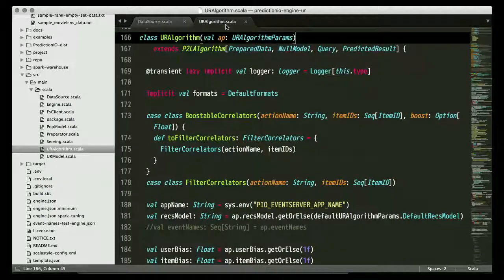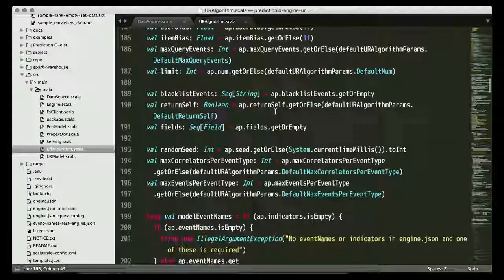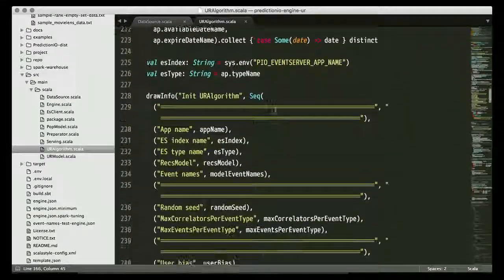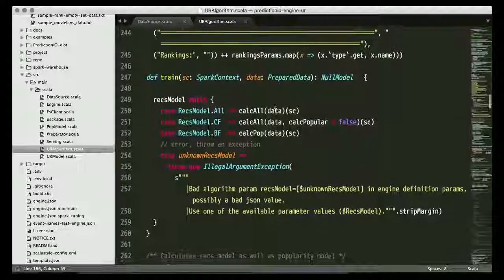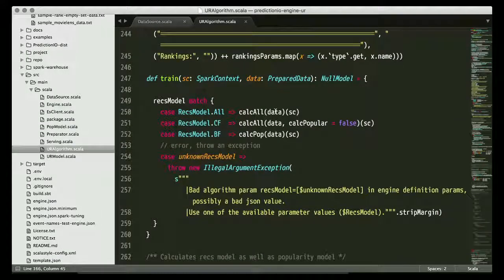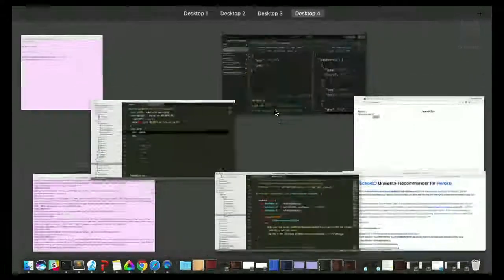And then in the algorithm, you'll see that once again, we get the prepared data, but there's a huge amount of processing that happens in here. If you follow along in this PredictionIO repo, you'll probably find that we're continuing to contribute to it. We're working very actively with this project, building a couple pilot projects to prove out its enterprise worthiness. So let's take a look at